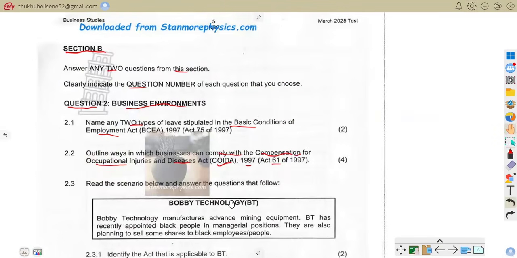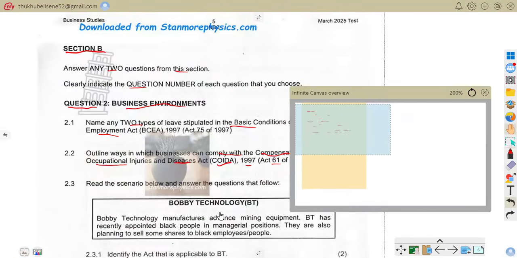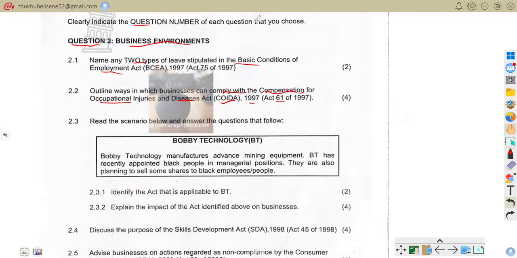2.3.1. But before we get there, we are going to read a scenario on 2.3. Read the scenario below and answer the questions that follow. BBBEE Technology manufactures advanced mining equipment but has recently appointed black people in managerial positions. So they are also planning to sell some of the shares to black employees. So the question now says,